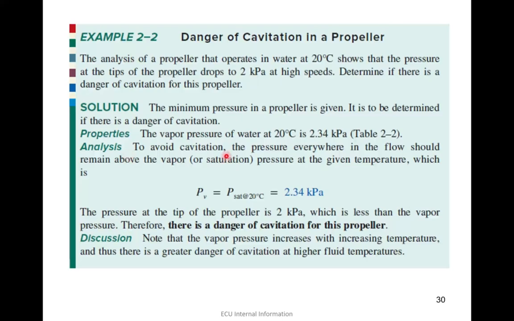To avoid cavitation, the pressure everywhere in the fluid should remain above the vapor pressure at the given temperature. So the vapor pressure, as we found from the table, was 2.34 kilopascal. The pressure at the tip of the propeller is 2 kilopascal, which is less than the vapor pressure. Therefore, there is a danger of cavitation for this propeller. How should we avoid it? We need to make sure the pressure here goes above the vapor pressure,